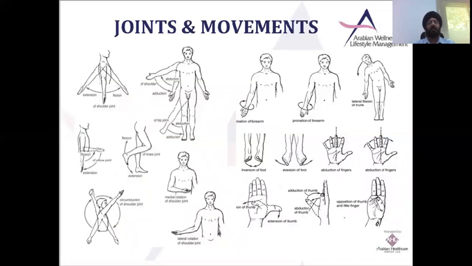Now we have spoken about the skeleton. Now we have spoken about the muscles also. Now we will be talking about the movements and the joints. There are various types of joints in the body: hinge joint, pivot joint, shoulder joint, ball and socket joint. Lots of joints are there, and a lot of combinations for the movements,